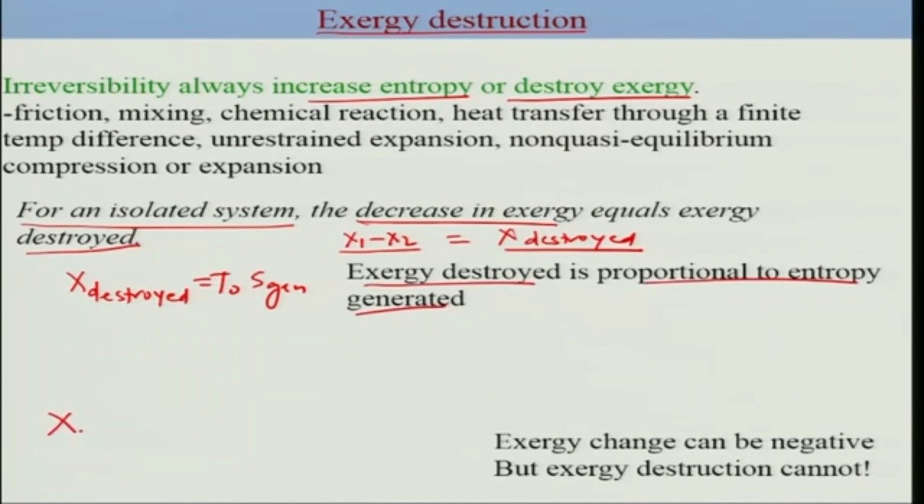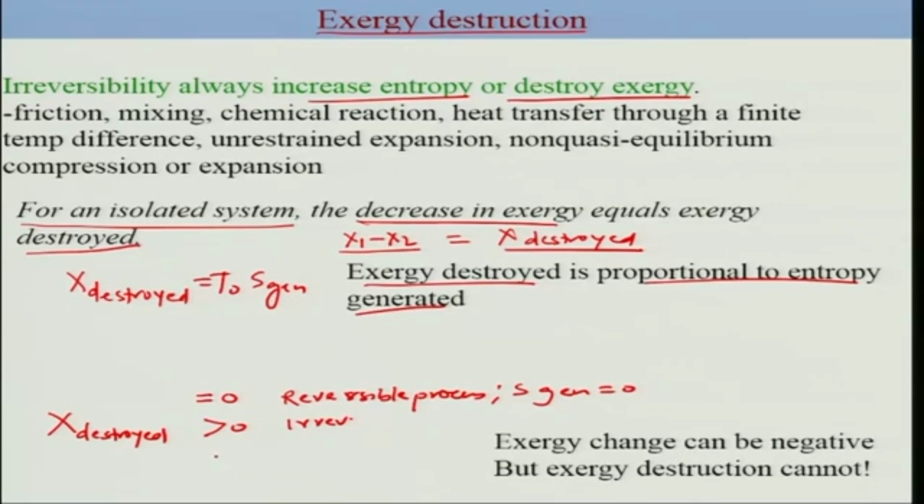Okay, so now X destroyed would be 0 for a reversible process, because your S generation is 0. It is going to be greater than 0 for an irreversible process, because S generation is of course greater than 0. Can it be negative? No, it cannot be negative. So this would be an impossible process. Now this is very clear that your exergy destruction cannot be negative, though exergy change can be negative,